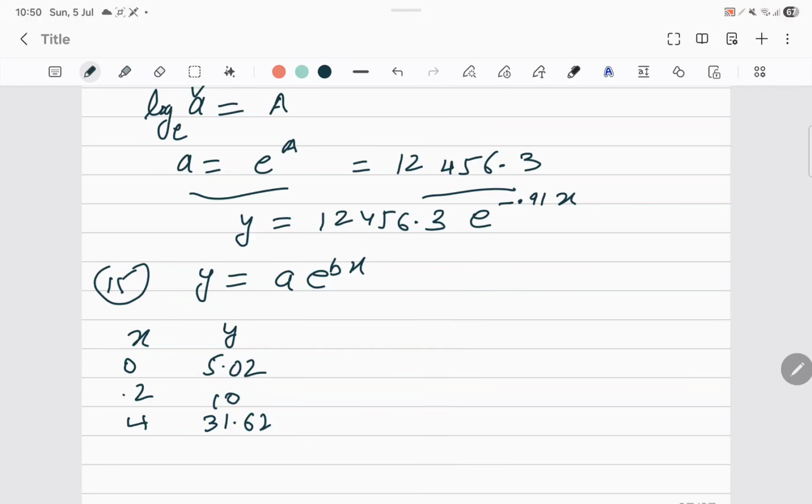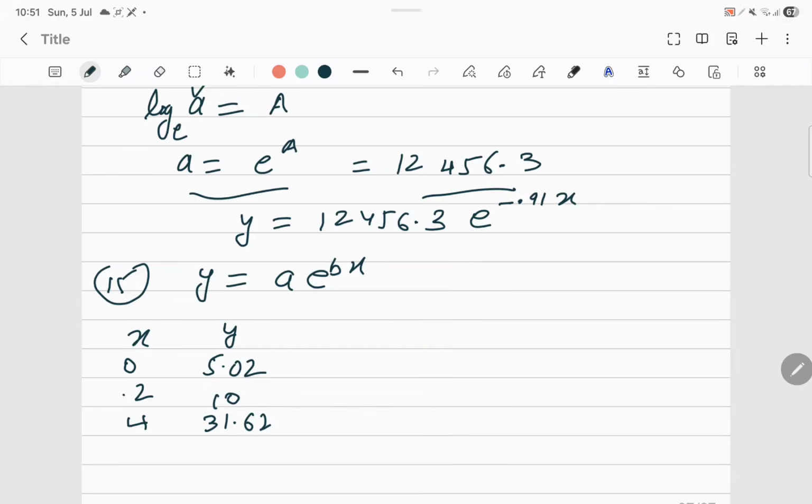0.2, okay. This question we have done, I am feeling. Yes, this question is done. It is the same as question number 13. Yeah, it is exactly the same as question number 13. No, a few values are different. I am wondering whether this is 0.2 or 2. Anyways, let's take 0.2 and solve.